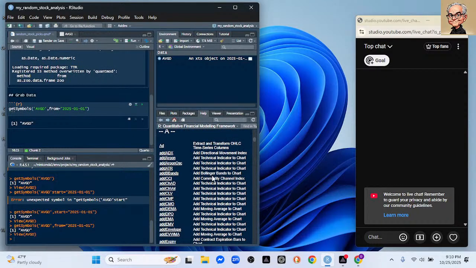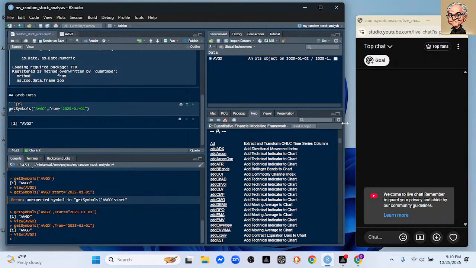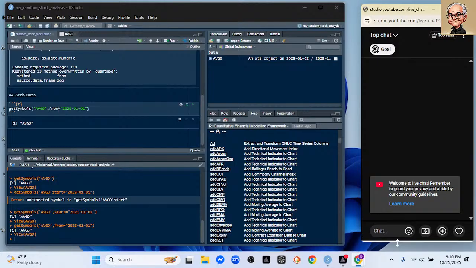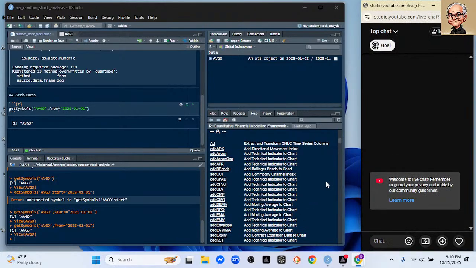Now, why might you want to use Quantmod? Well, the answer is, basically, it's easier to use. It doesn't require any programming knowledge, because everything is driven by functions. You have to know zero code about it. Okay, so anyway,